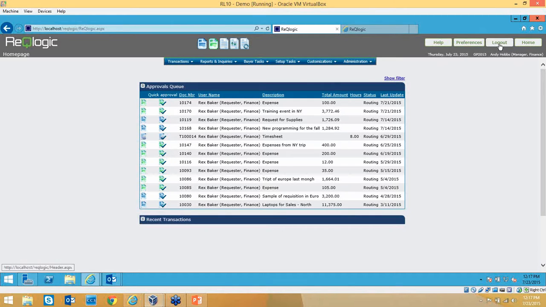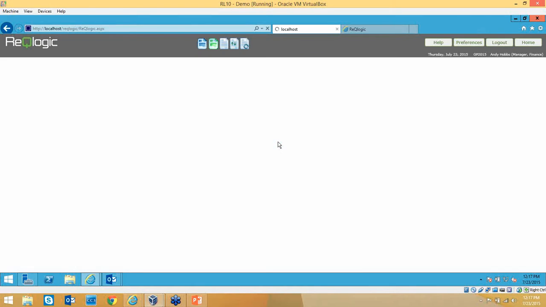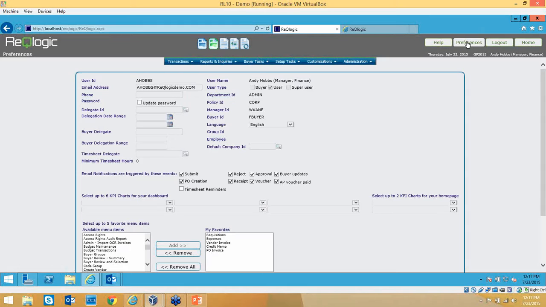Now, if Andy wanted to be more efficient with his time, he might decide, I want to get an email when something is sent to me. So there's an option called Preferences. It doesn't give him full access to his user profile, but it shows him some of the items in his user profile, particularly email notifications. So here I can say whether or not I want to be warned by email when something is submitted to me. He's checked that, so as soon as we create a requisition and submit it, it would be sent to